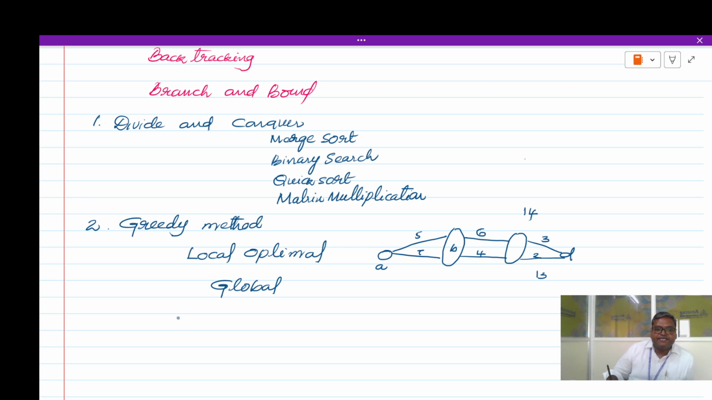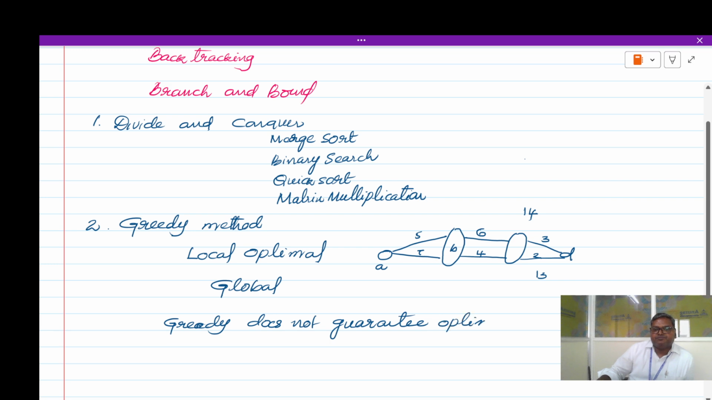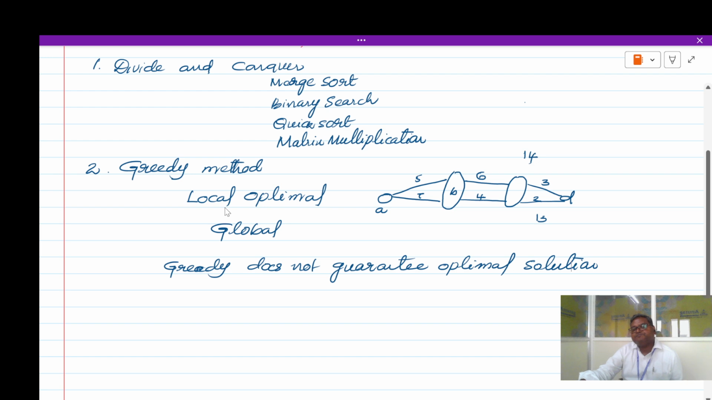So, the greedy strategy does not guarantee an optimal solution. And in the greedy method, we have seen the shortest path method, Prim's algorithm, and thirdly, in the last unit,